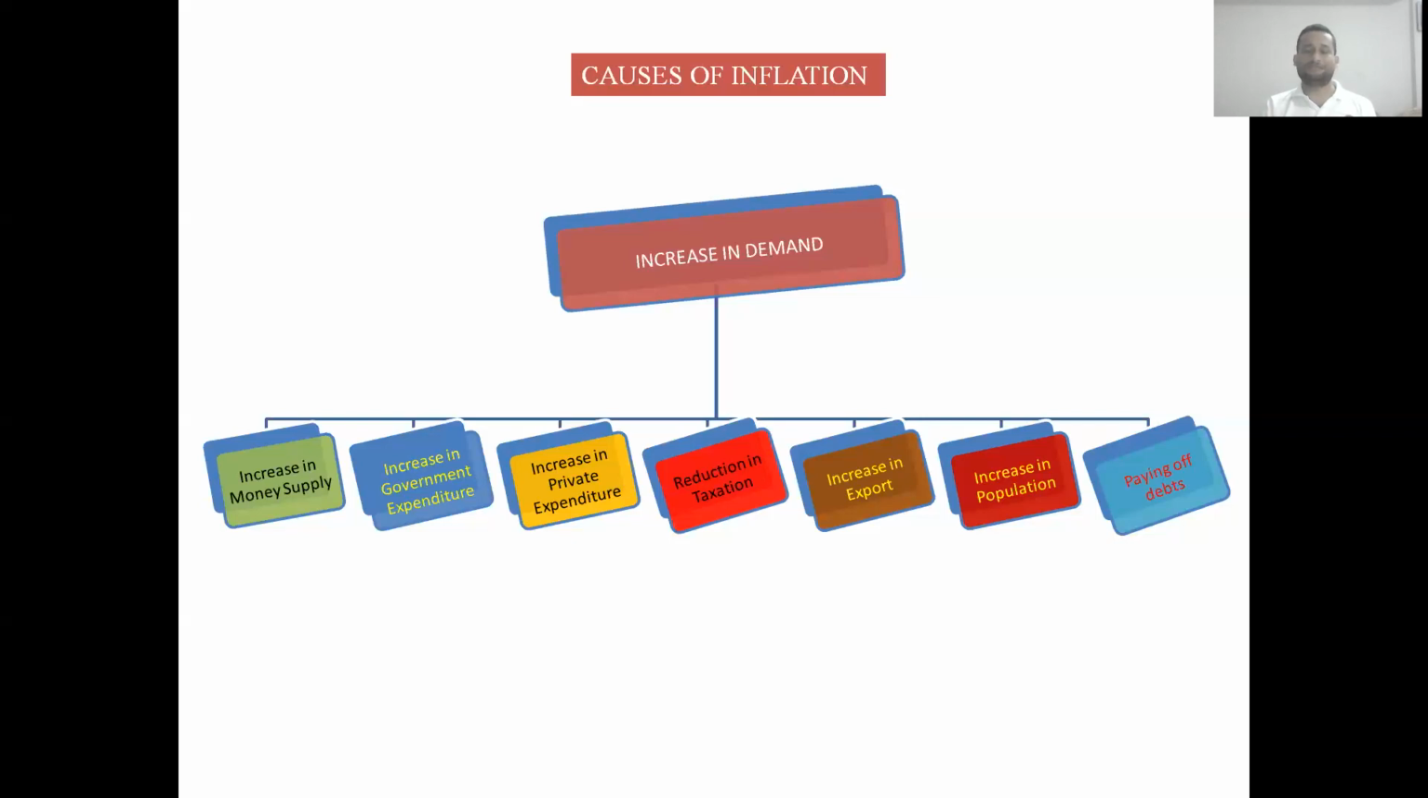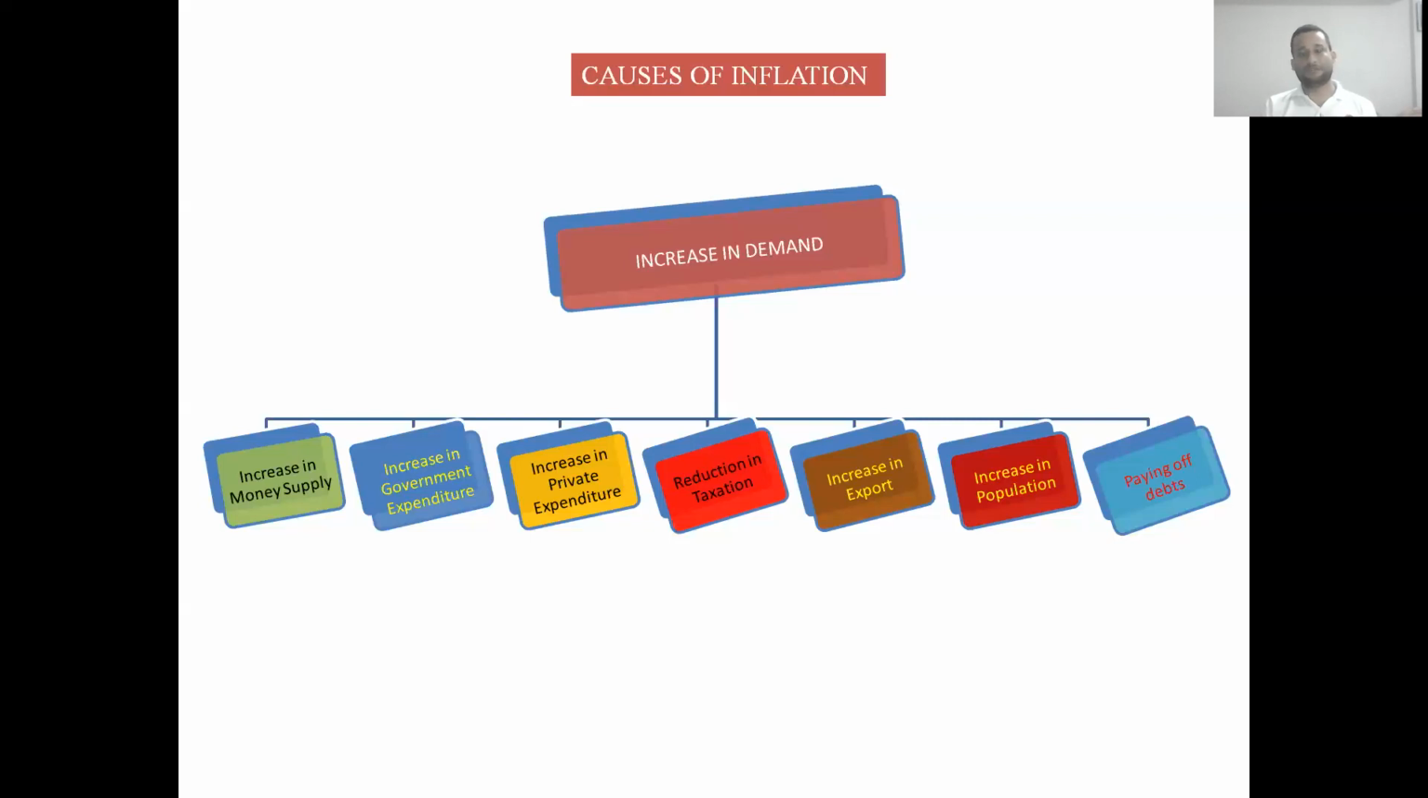And as a result they will demand more goods and services, and it will again increase the general price level, that means inflation. So reduction in taxation: if the government provides relaxation in taxation, then it will also boost the purchasing power or disposable income of the people, and as a result of which there